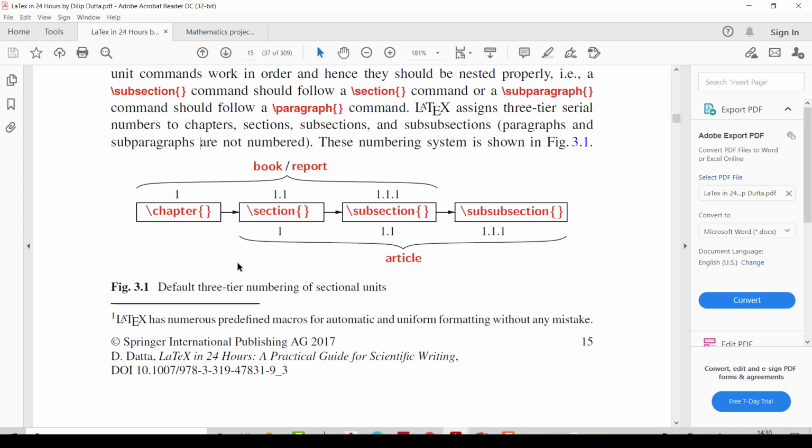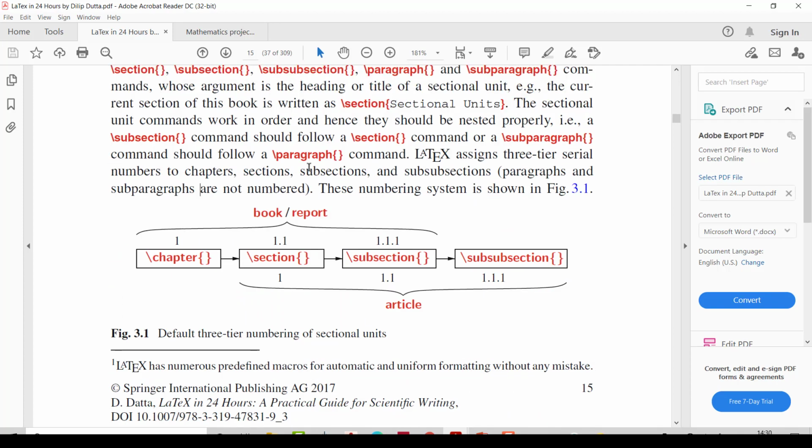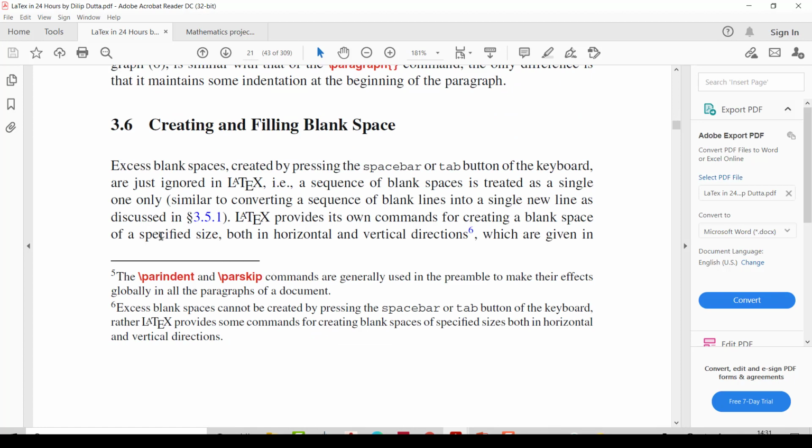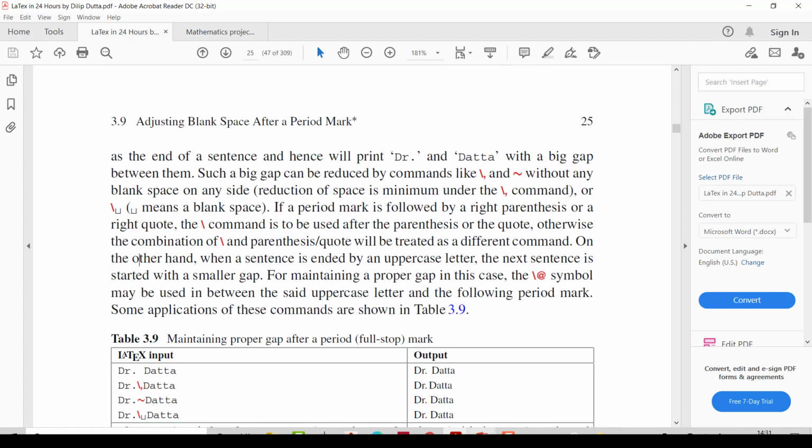You can also use color for different fonts or different sentences, just by writing a color code. In LaTeX, it is very easy to create the introduction section, abstract section, body part, and also the reference part. So now coming to the main content, the advantage of LaTeX over word processing.